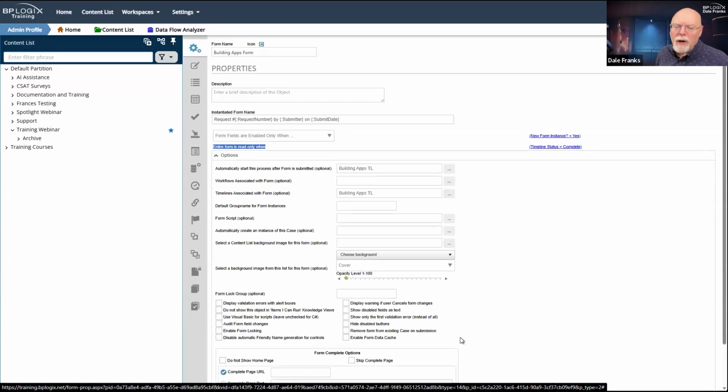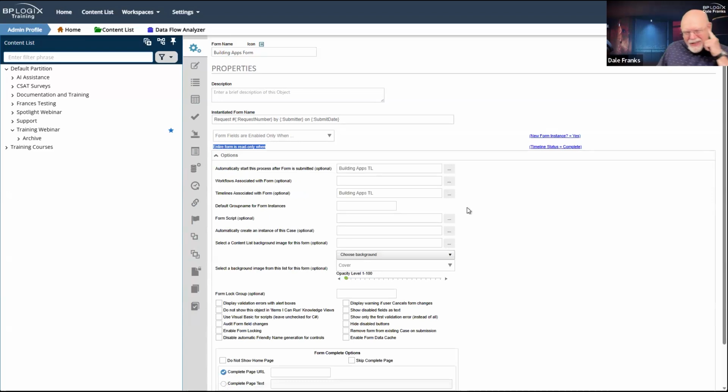Now, because we are going to disable our fields, that does leave us with a couple of questions. One is how we're going to show that disabled field. Now, I like to show disabled fields as text.